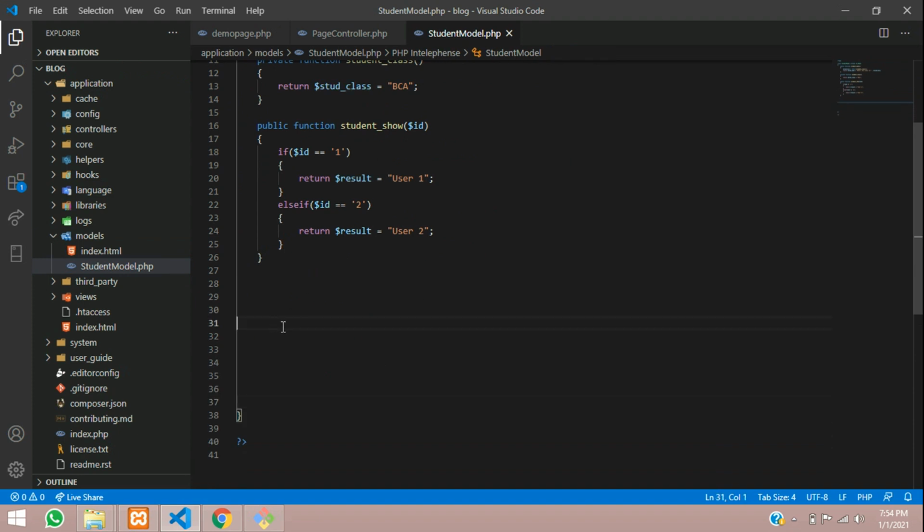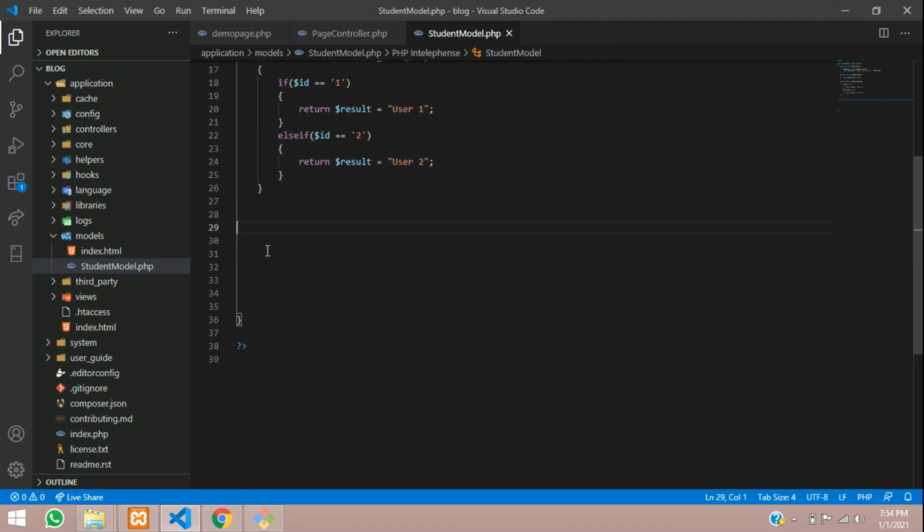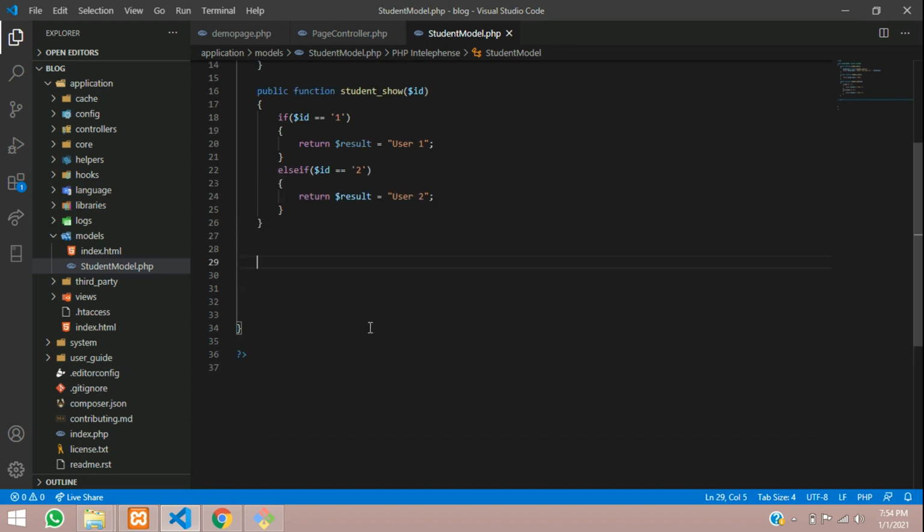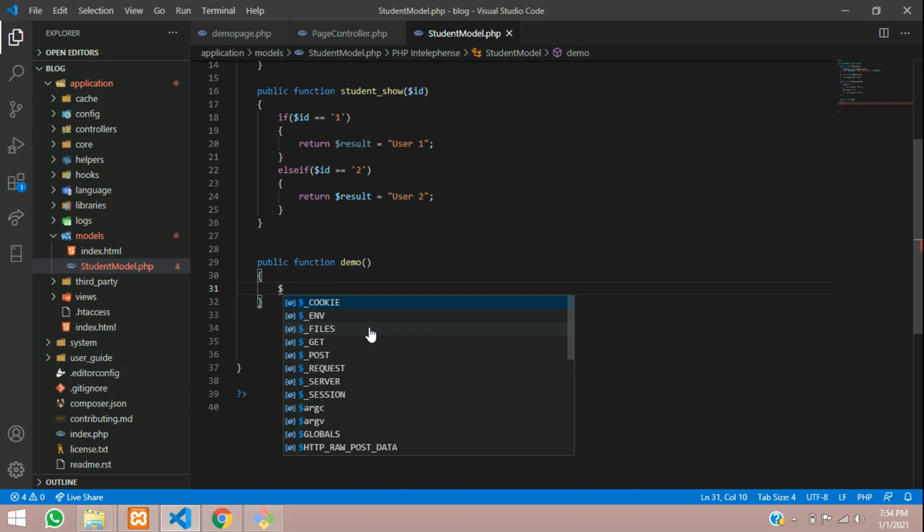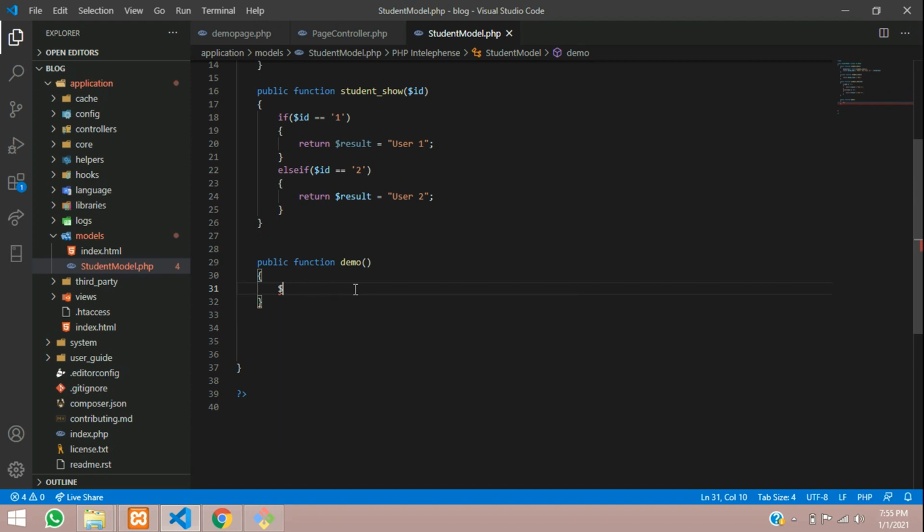Now let us create a function, public function demo, and from here you are going to pass the data. Let's call it title, and this title will be equal to whatever data I'm going to pass.